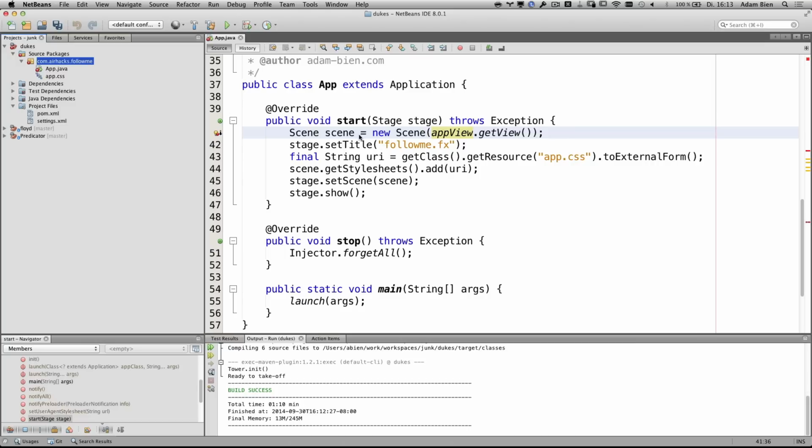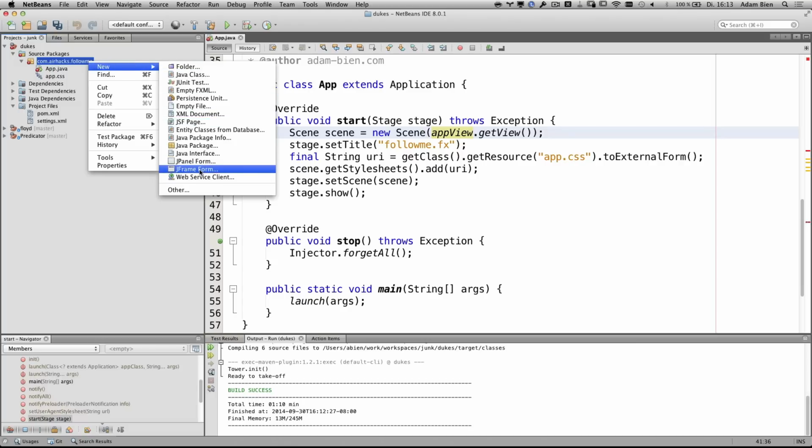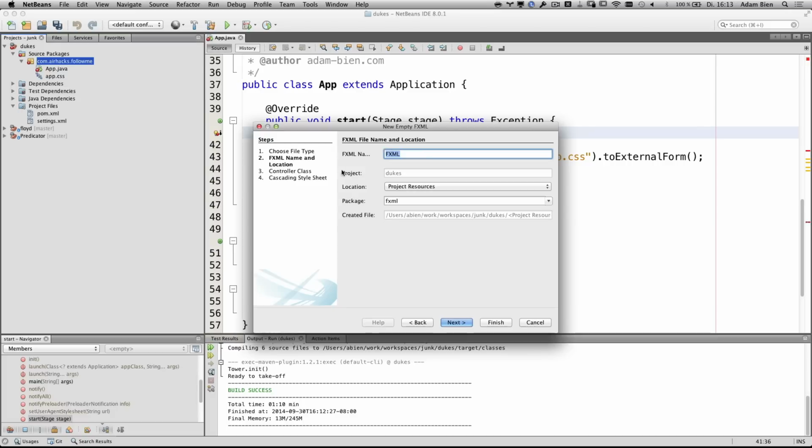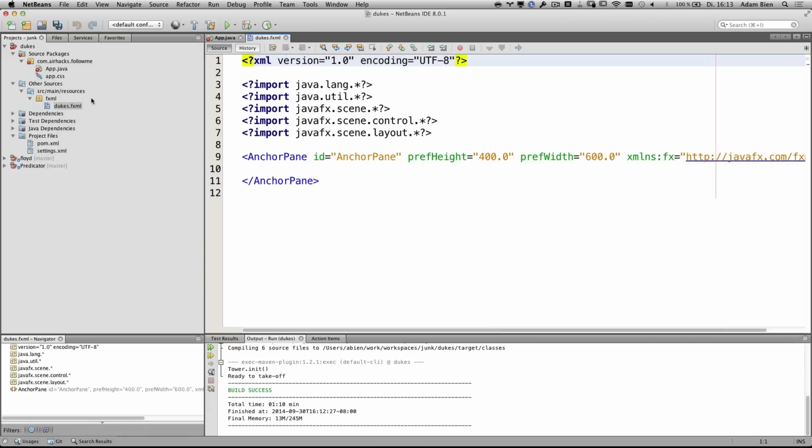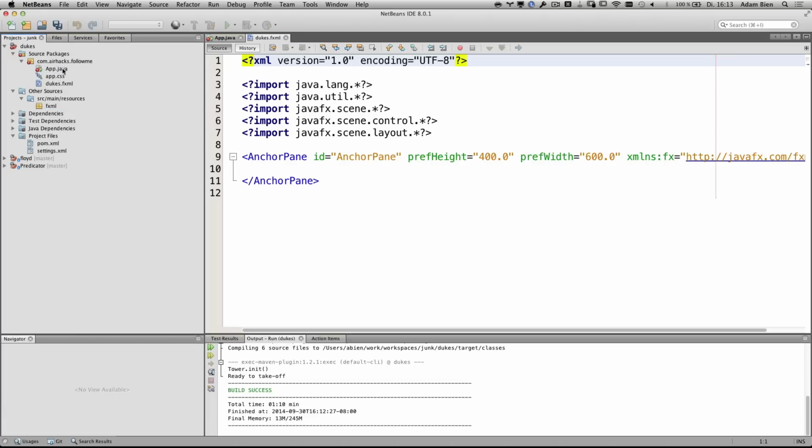So what I'm going to do is create exactly the files. I would start with FXML. And this is just an XML file, an empty FXML. And it was Dukes. The application is named Dukes. This is Dukes and finish, no controller, nothing. And as you can see, NetBeans tries to create the FXML in src/main/resources, which is nice, but I don't like it. I think it's better that CSS and Dukes, everything is encapsulated in one package. This was the first change. And I actually stole the idea from Wicket. I don't know, it's a web framework, and I use it a lot, and this was the same.